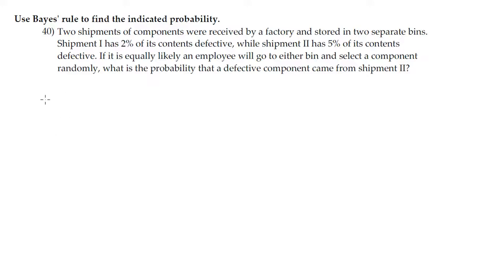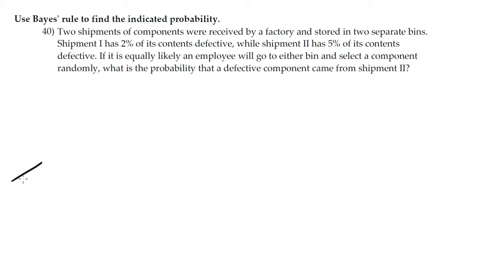Problem 40 asks us to use Bayes' theorem to find the indicated probability. Two shipments of components were received by a factory and stored in two separate bins. Shipment 1 has 2% of its contents defective, while shipment 2 has 5% of its contents defective. So when we're using Bayes' theorem, we kind of want to start off with a nice tree diagram to outline